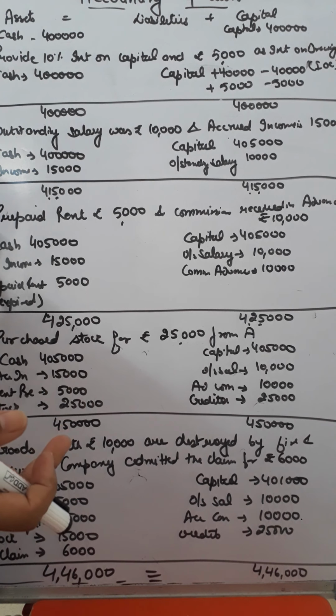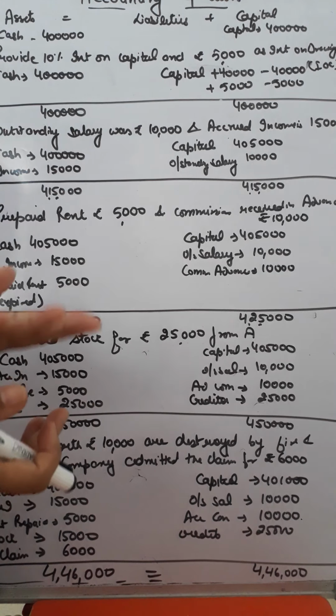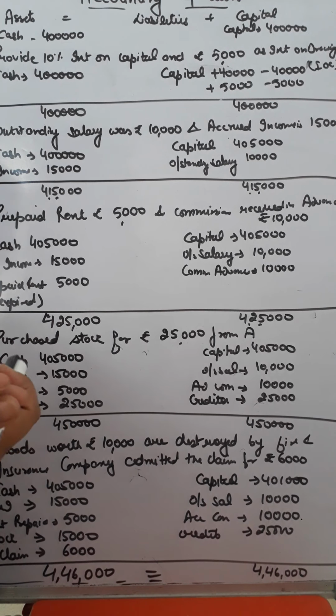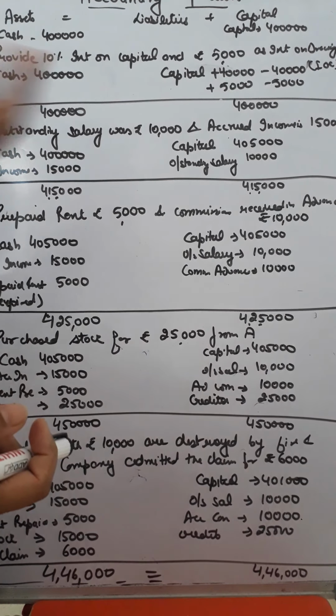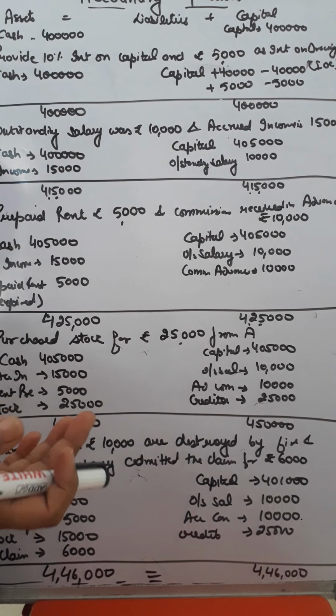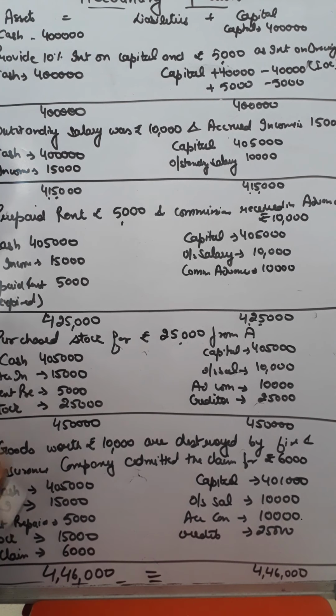So on one hand it will be deducted from cash, and on the other hand it will become your asset, because next year you will not have to pay this amount again, and this prepaid expense can be carried forward. So on the one hand it will be deducted from cash, and on the other hand it will become your asset. Similarly, if you receive any income in advance, say you have received warehouse rent in advance or commission received in advance.